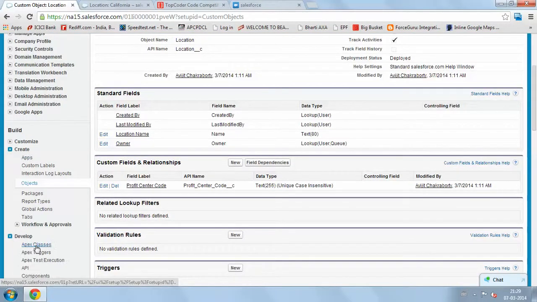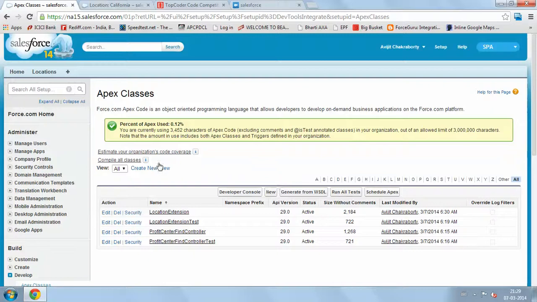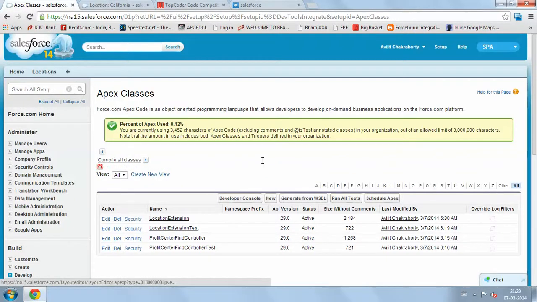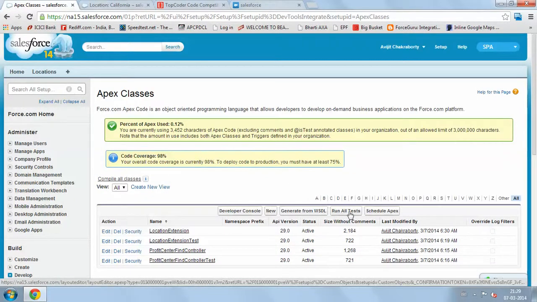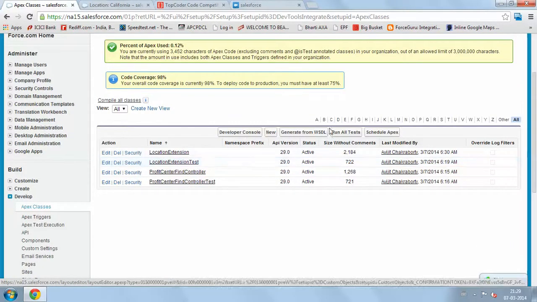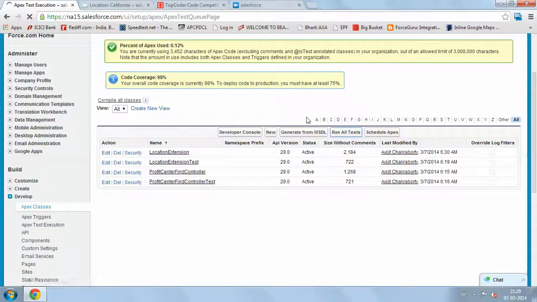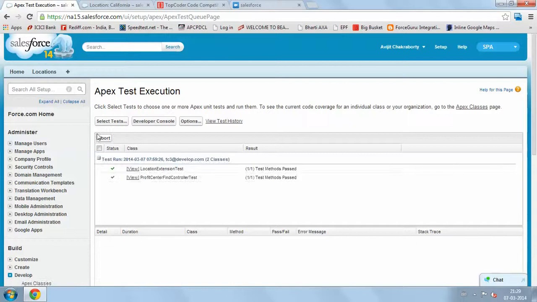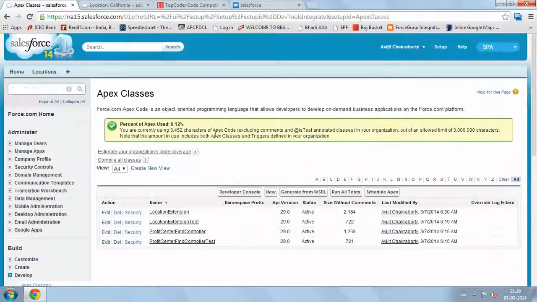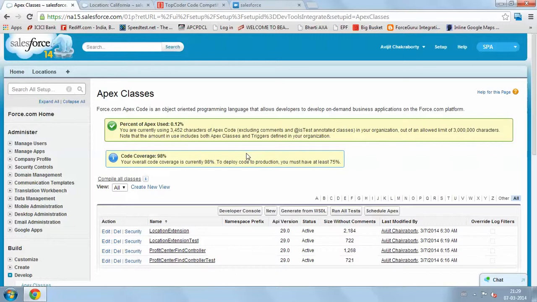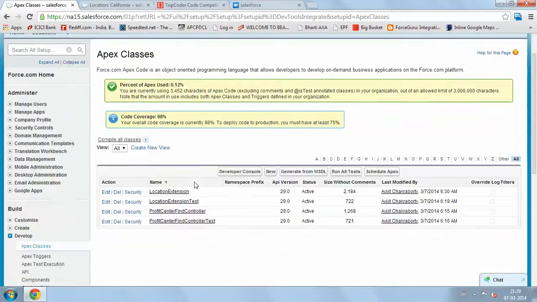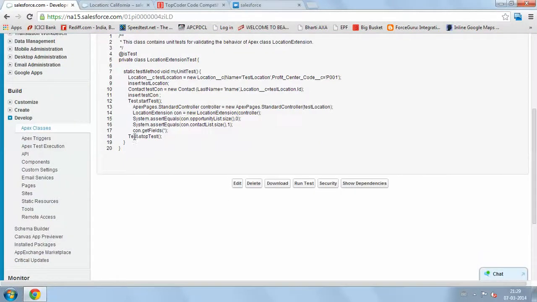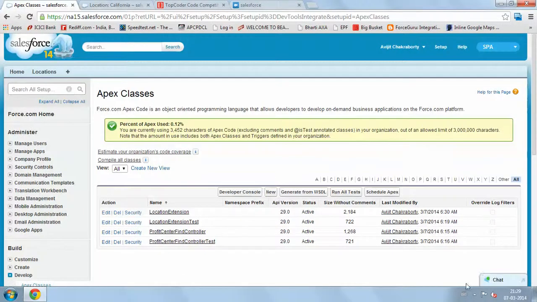If I go to Apex classes, you can see that code coverage is 98%. If I do a run test and go to Apex classes again, it is 98%. I open the test classes, and you can see I have put Test.startTest, Test.stopTest, and System.assert as well. This is all about my